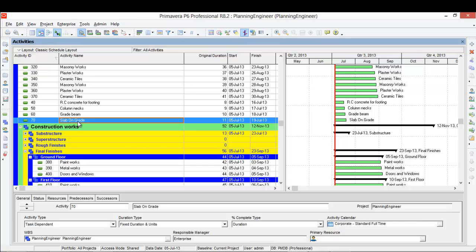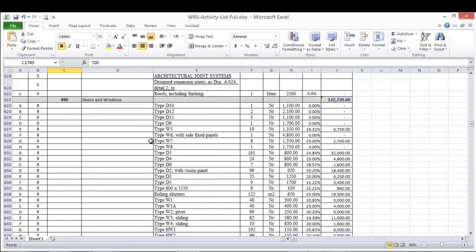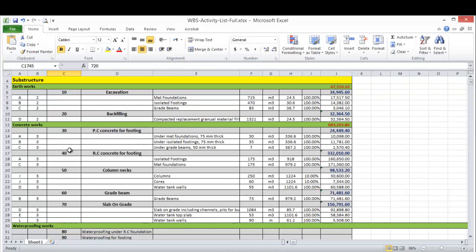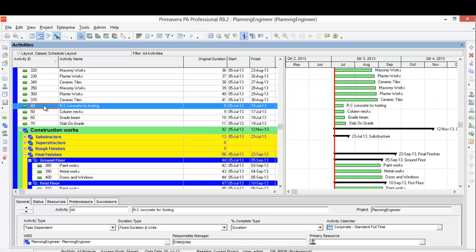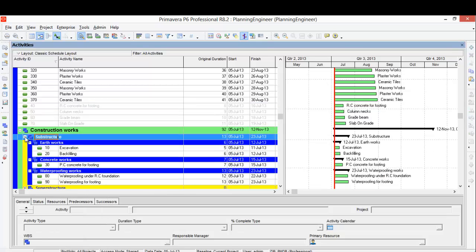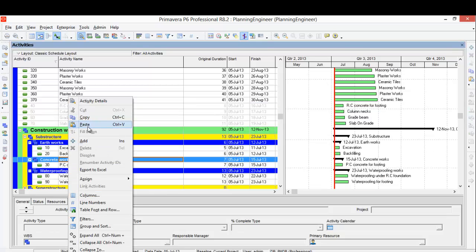Okay, let's see, 40, 50, 60, 70, which one do they belong to? Going up, all 40, 50, 60, 70 are in the concrete work under substructure. So just not to get confused, we will cut this one, substructure concrete work.